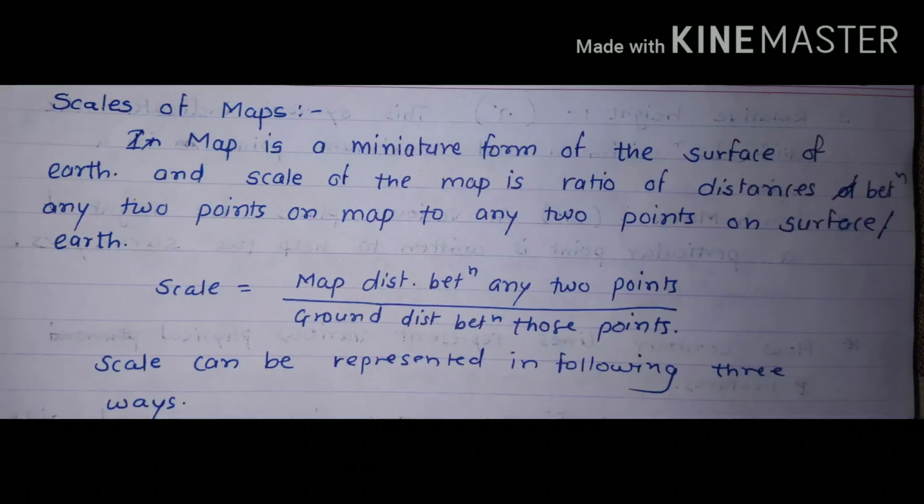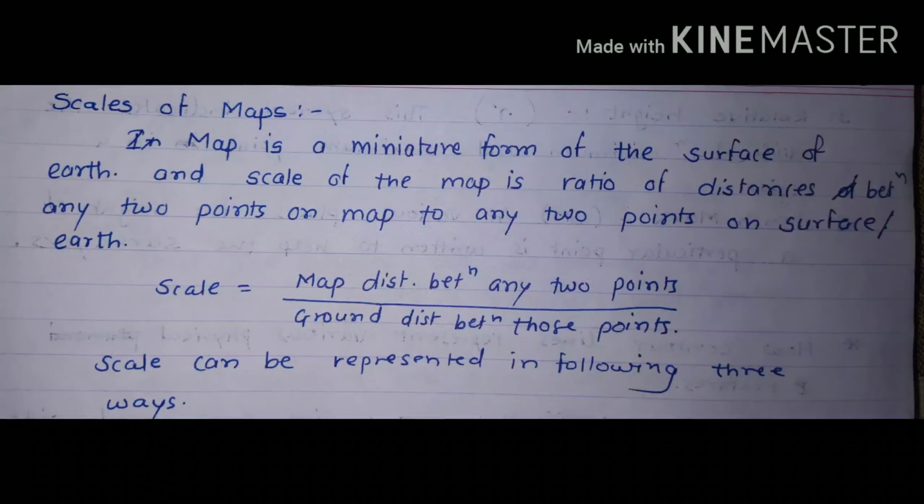1:50,000, it means that the map is a 50,000 times minimized version of the earth or of that piece of land. If the scale of the map is 1:1 lakh, it means that the map is a 1 lakh times minimized version of the earth. So the formula for scale is, or we can define scale as, the scale of the map